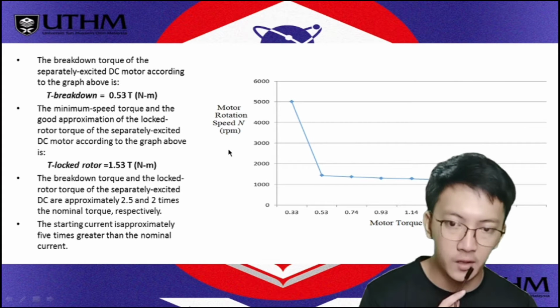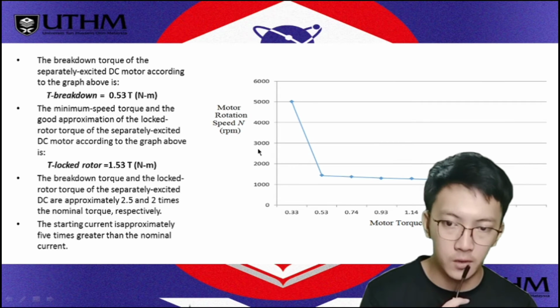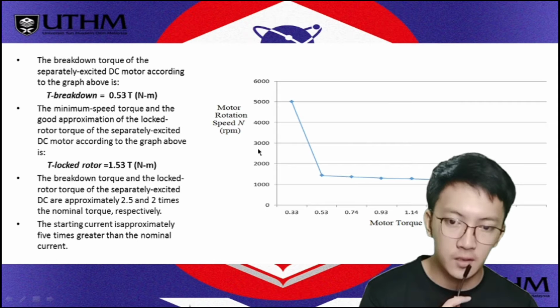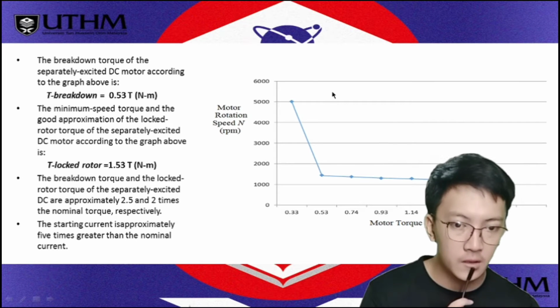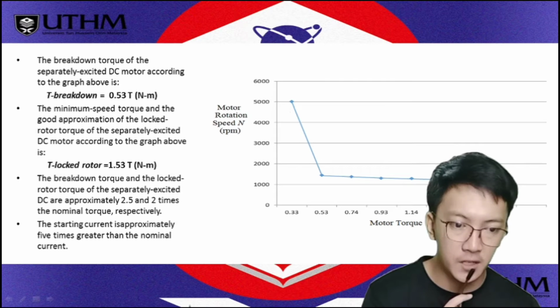First, the breakdown torque of the separately excited DC motor according to the graph is T breakdown is 0.5 T Nm. This is the graph that we made. We can see that it's dropping. The motor rotation speed,